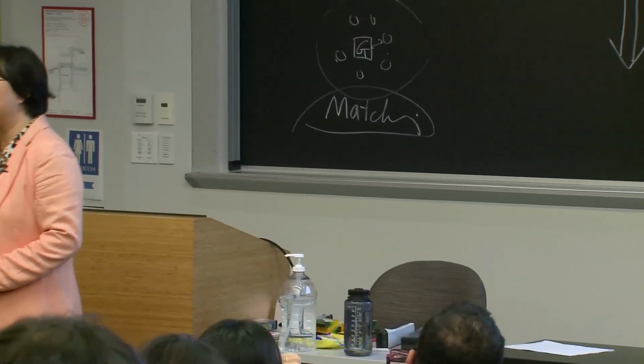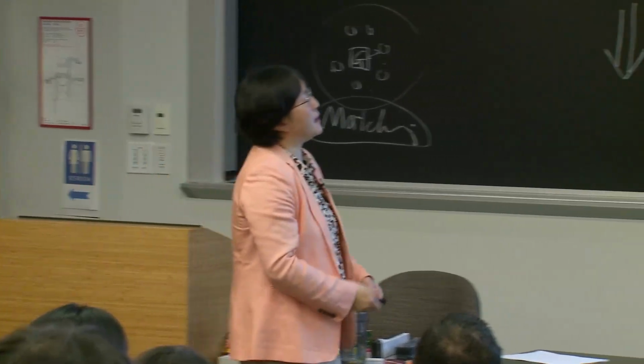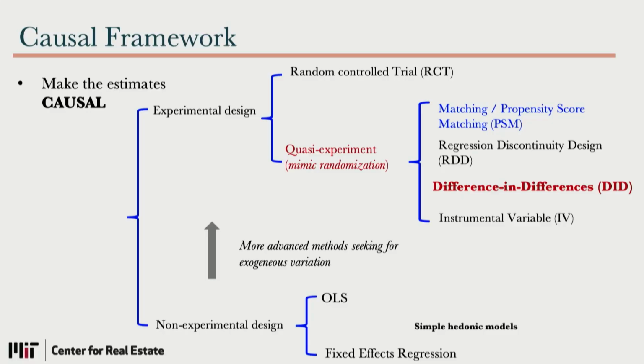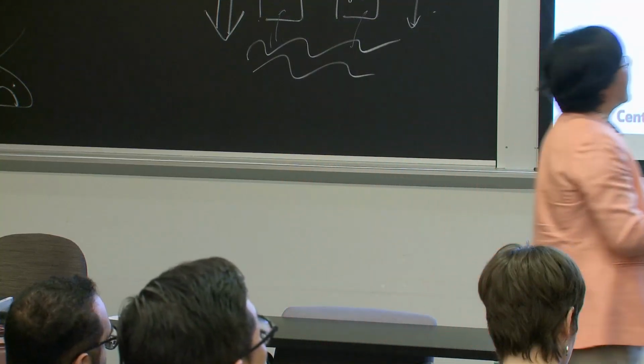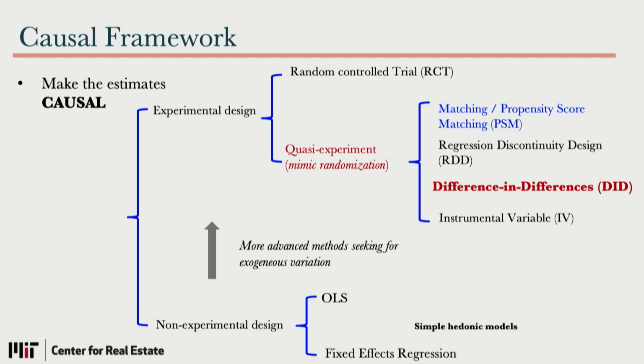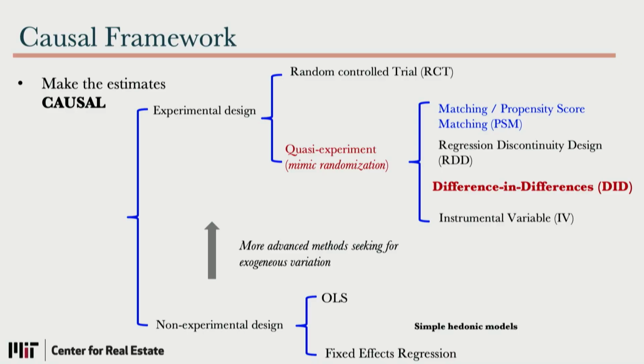If you have that goal in your mind, you want to be more advanced, then we already talked about matching, like geographic matching, and a more sophisticated one called propensity score matching. No need to really get into this unless you want to do a PhD. And now today we are talking about DID, difference in differences. So now we have grasped at least 2 out of 4.